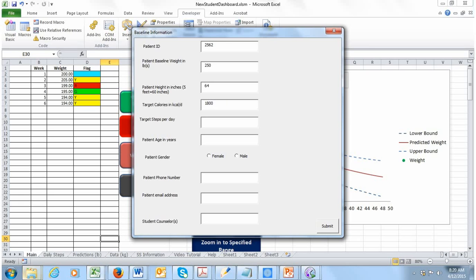Now, the target calorie intake you would be able to get using the target intake calculator, which is also on the dashboard, which is also on the desktop. Steps per day, you're going to have to work with your patient to set a steps per day. I would always recommend starting out with having them wear a pedometer or an accelerometer and estimating their steps per day first at baseline, and increasing those steps per day as a protocol we have in the clinic. But let's put 8,000 here, and let's put an age in here, and I'm going to put female,